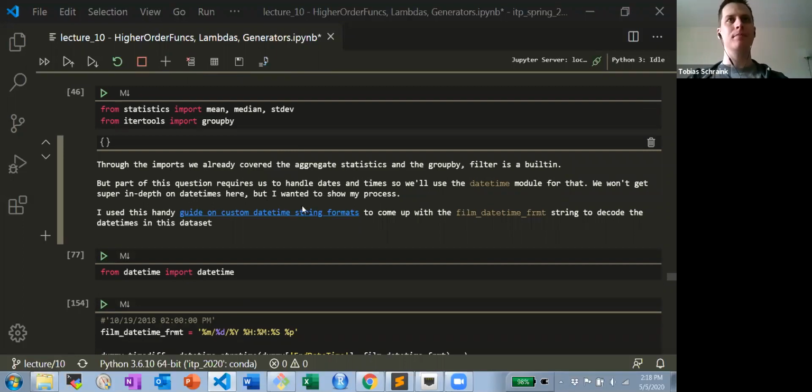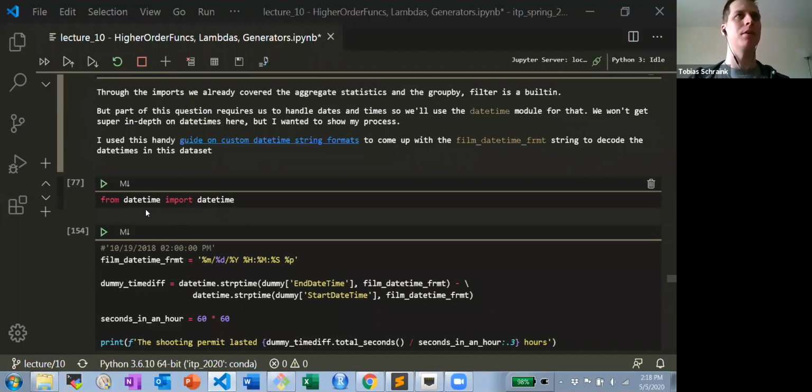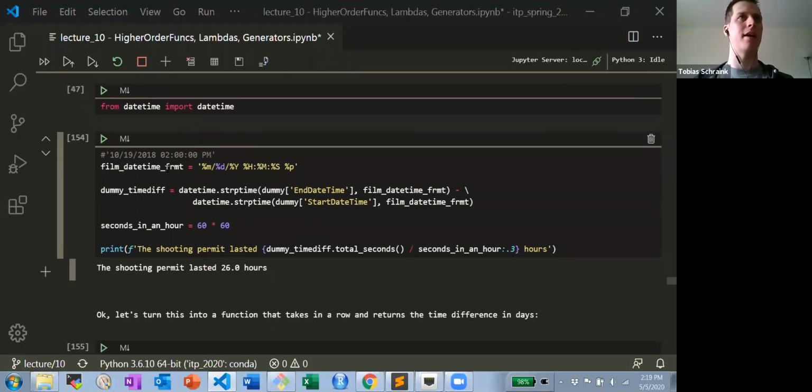All right, so I'm not gonna click on that link, but the bottom line being we're gonna import datetime from datetime. And then we have this formatting string here that we wrote. And you can see that there's a bunch of percent signs. The datetime module understands each of these percent signs and the letters after them to mean a certain thing. So this, for example, means this is the month, but in a zero padded format. So January wouldn't be 1, it would be 01. And then the same for the day. And then here the year,